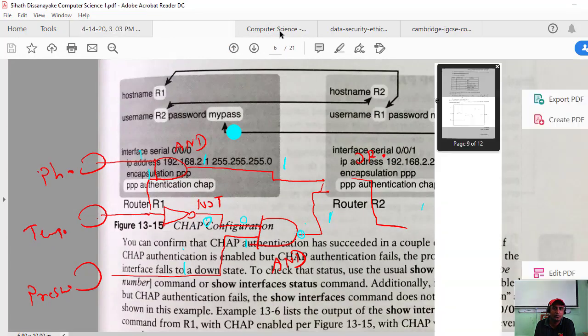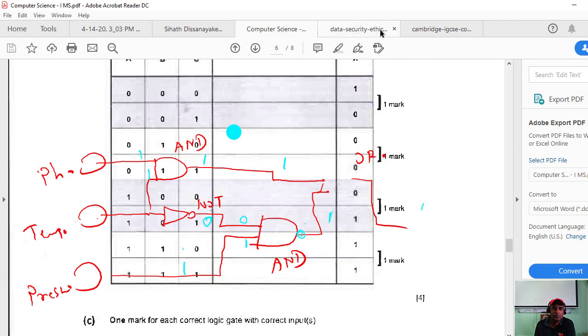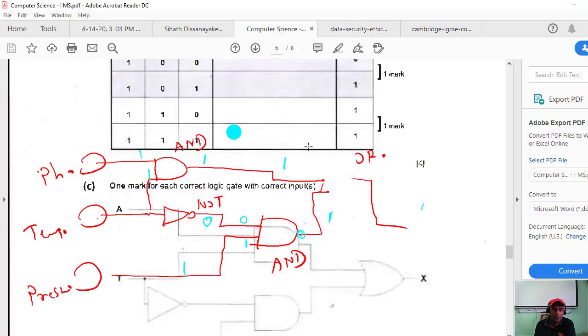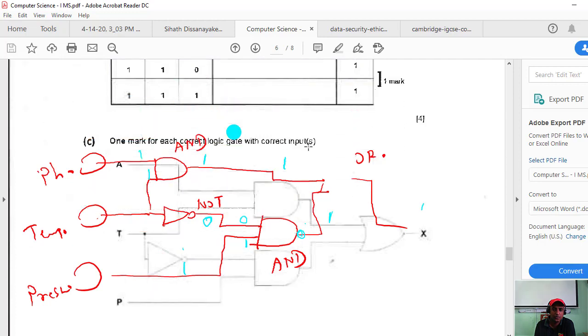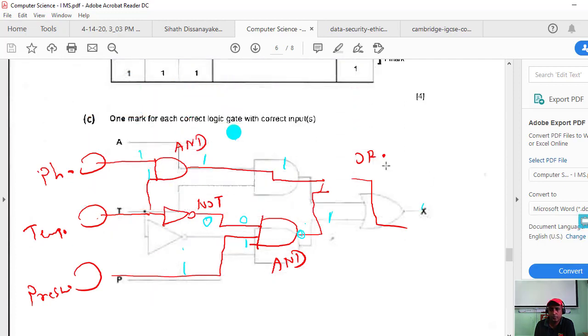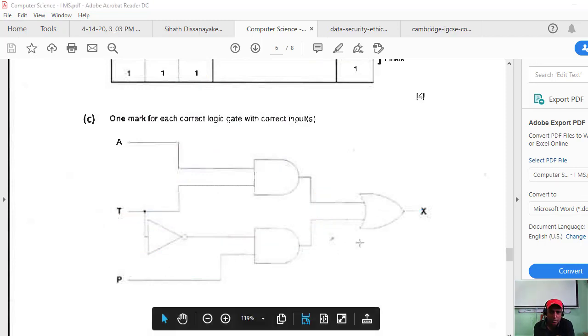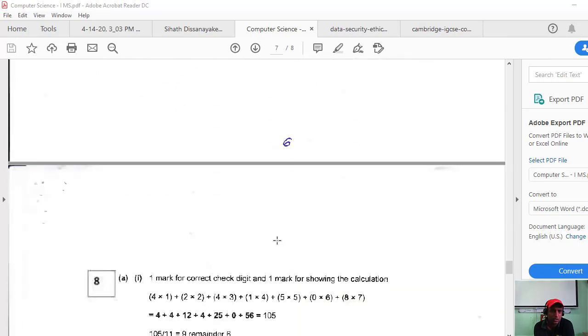Wait, here, what's here? It's an AND gate. How does it come to an AND gate?